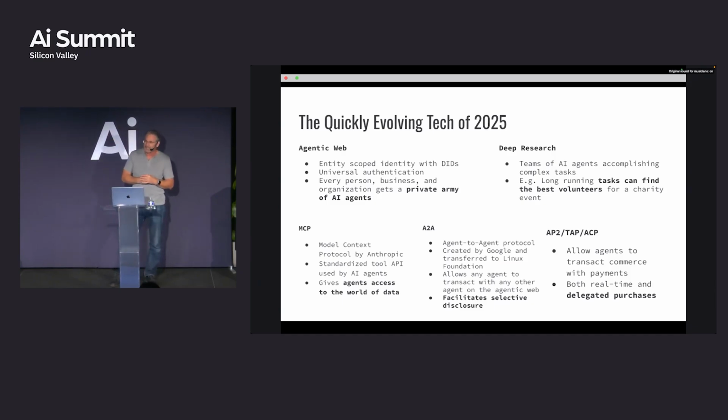A2A came up in January, February this year, and that's for something a little bit different. It's really for a conversational interaction between two entities, usually agents. So it's a very powerful protocol. And the last set of things that just came out a few months ago are AP2, TAP, ACP, and a bunch of other protocols for actually transacting currency, money of some value. So how do you do the last mile, the very last few feet of the last mile, which is actually transacting cash or whatever have you.